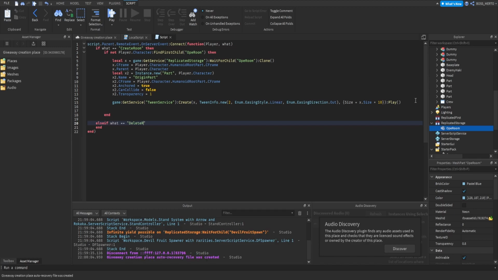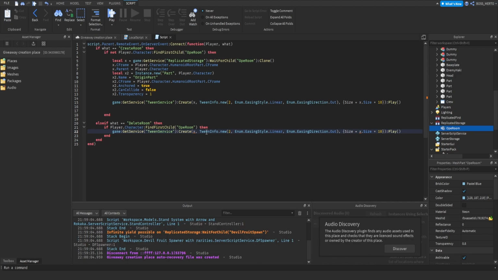So delete room, which happens when you unequip the tool. And what we have to do right here is that we want to use this check right here, but this time we want to remove the not, because we want the OP room to be inside of our character, because that's a requirement. But that's the first thing. Second thing is that we want to make a tween play when this is the case. And in this tween,